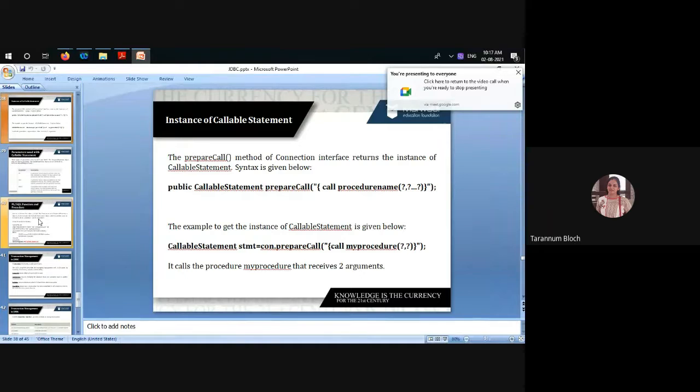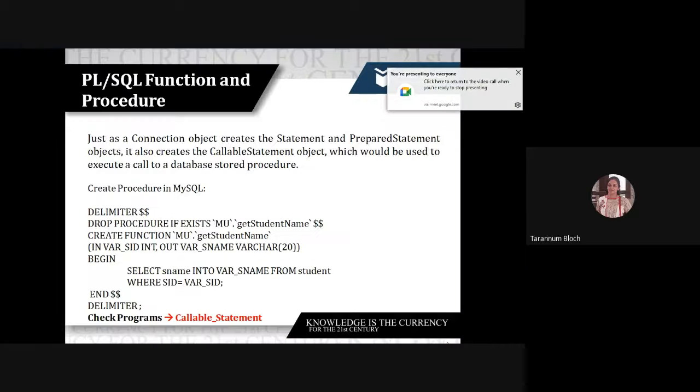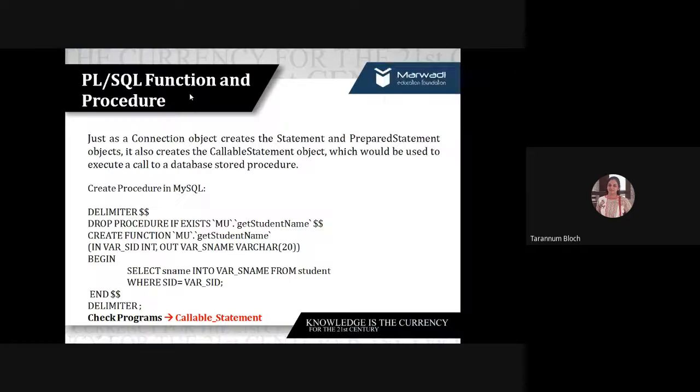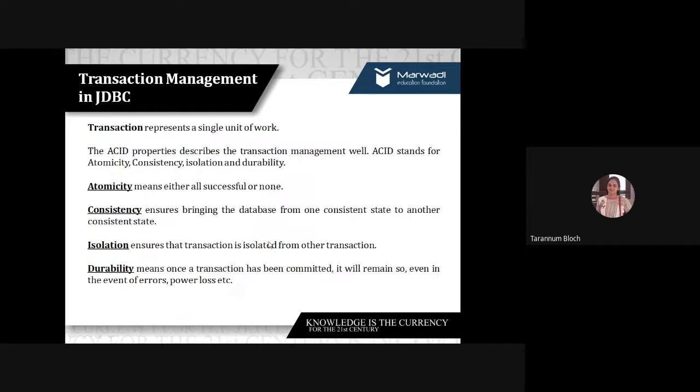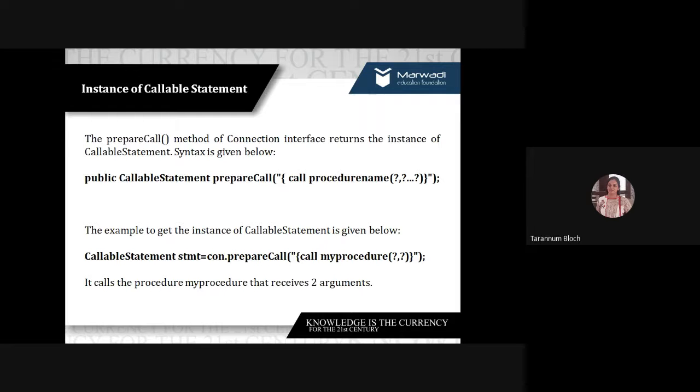Okay, so for that, first of all, you need to create a stored procedure. How to create the stored procedure? You can create the stored procedure inside your database. We use stored procedure creation in the database just to give all the users access to pre-executed and pre-compiled database code, right? So we can create a stored procedure and a stored function. We have already discussed this in detail during the theory session. Today, we are going to create a procedure in the MySQL database.